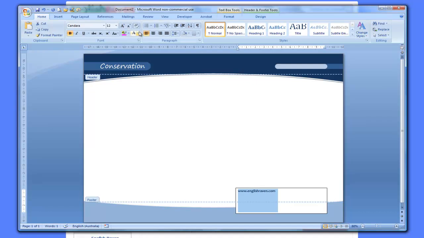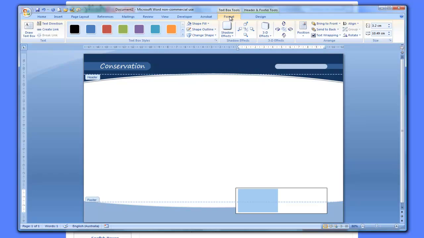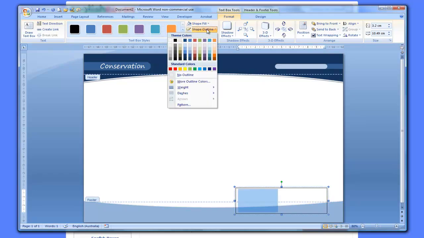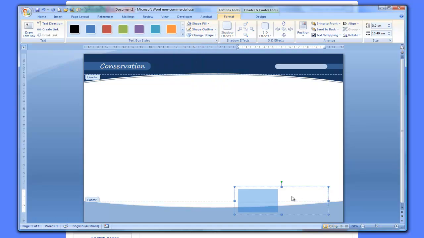I'm going to change that to a white text. Then I'm going to go back to my format and I'm going to get rid of the fill, no fill, and no outline. Okay, now you'll notice if we go back to our text box, pull it down, it's going to sit nicely on top of that. Just make it more manageable, and then just pull it to where you want it on the page down there